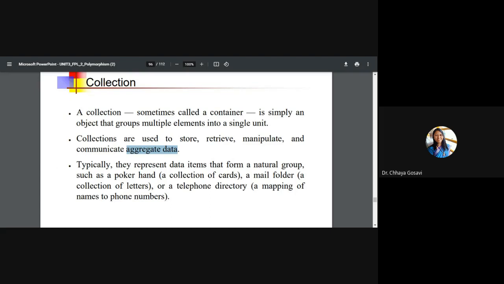They represent data items in the form of natural groups such as a poker hand, a collection of cards, a mail folder, a collection of letters, or a telephone directory, a mapping of names to phone numbers. Any type of data, how you handle that data, is made general on a common platform.